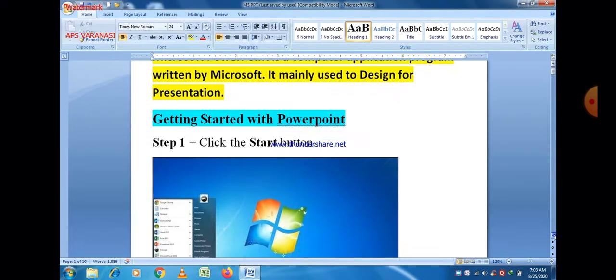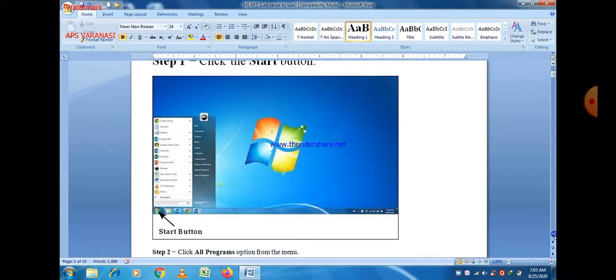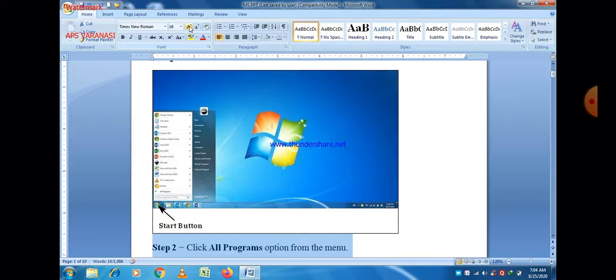So first of all, how to start MS PowerPoint. First of all, go to the start button where all programs are there, and you have to select Microsoft Office because MS PowerPoint belongs to MS Office.